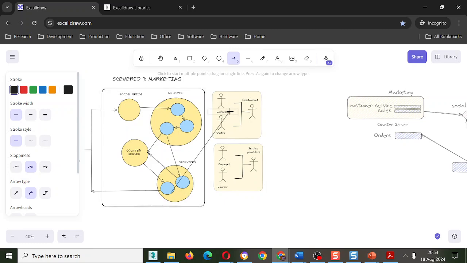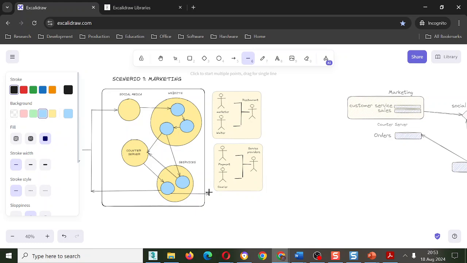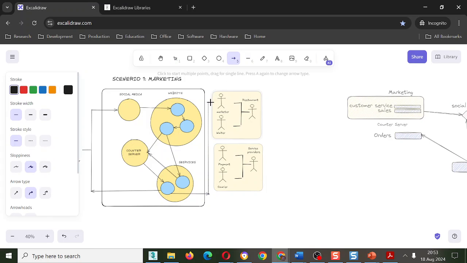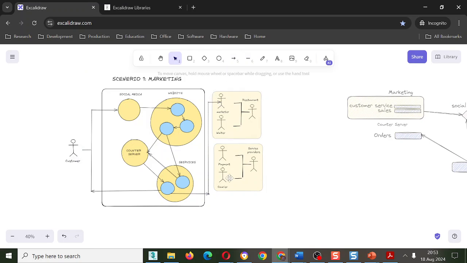It connects to marketing, which we can do this way, and then this way, and then this way. Okay. So that way they will know that it's been delivered.